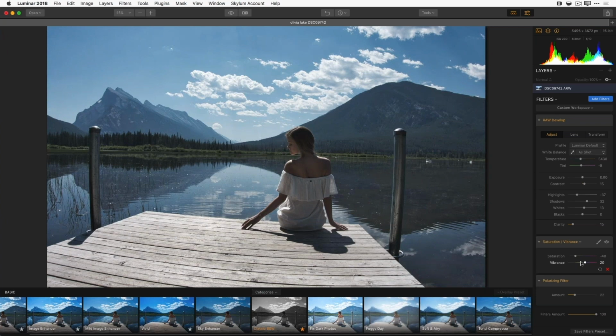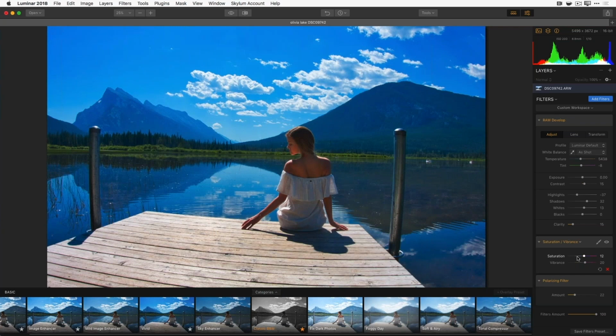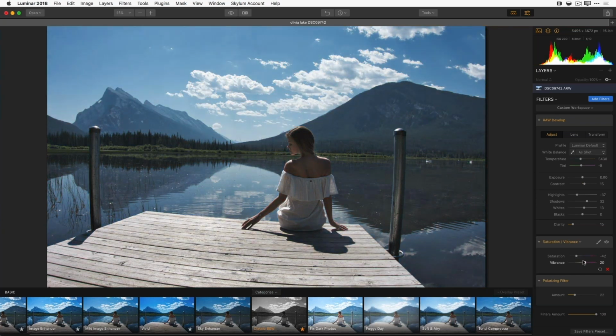And what it does is if the colors are more muted, it adds saturation to them. But if they're already saturated, it leaves them alone. So the challenge with regular saturation is everything gets equally blown out. But with vibrance, it's just going to bring up the duller or less saturated colors, and I get a much